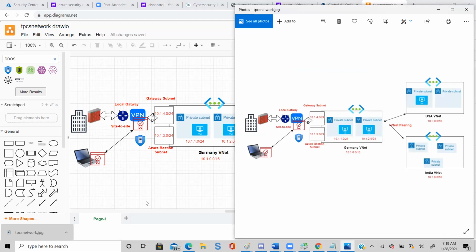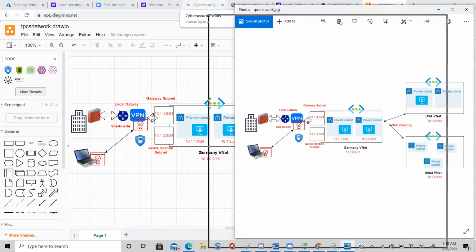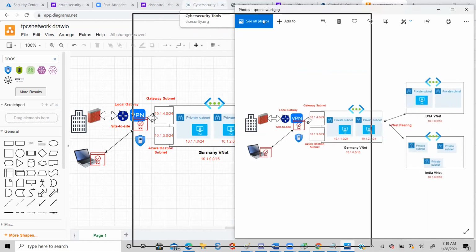You can use this diagram to send or present to the customer: Hey Mr. Customer, this is how we are going to secure your network. All clear? Tomorrow we are going to start implementing this complicated architecture.